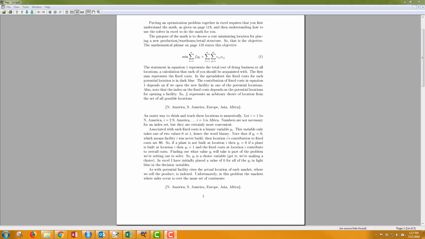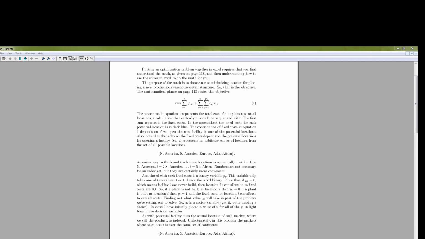Putting an optimization problem together in Excel requires that you first understand the math, as given on page 118, and then understand how to use a solver in Excel to do the math for you. The purpose of the math is to choose a cost-minimizing location for placing a new production facility or warehouse facility. So that's our objective. The mathematical phrase on 118, shown here on the screen as equation 1,